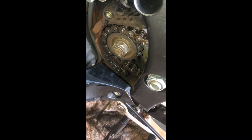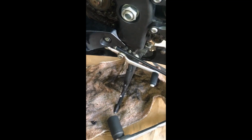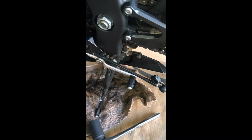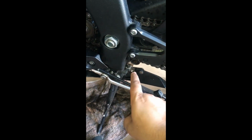And before I took off this bolt, I mean this shift paddle, I made sure it was on neutral. So this was pretty easy to loosen the bolt. What I used was a 30mm impact socket, but when I tighten it, I will be using the torque wrench, this one right here. And the key point is, make sure the bike is in neutral before you even try to loosen that bolt,